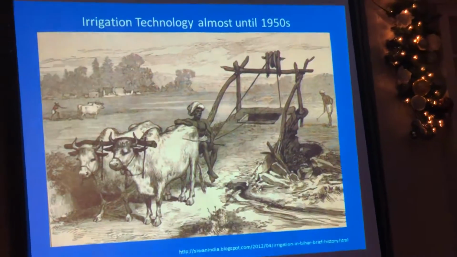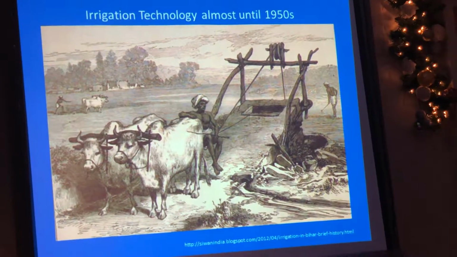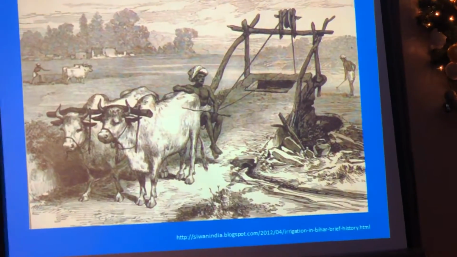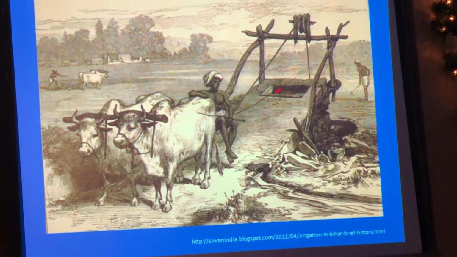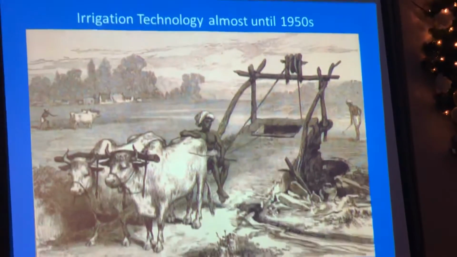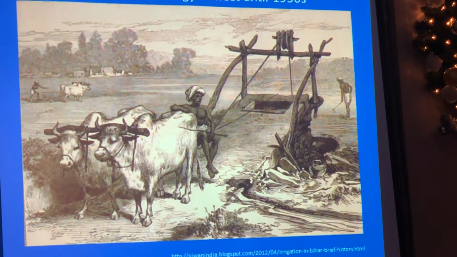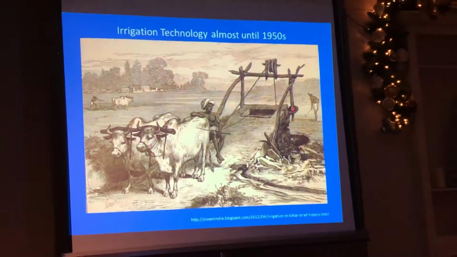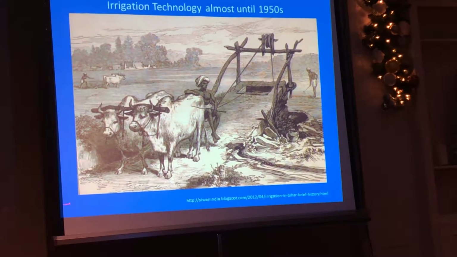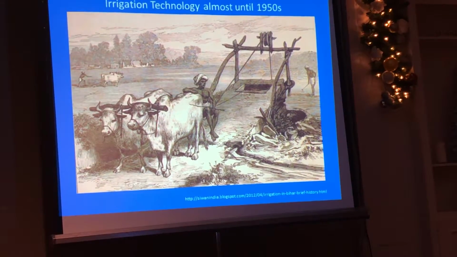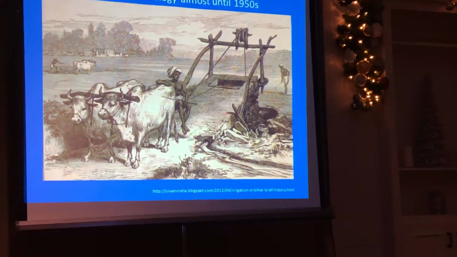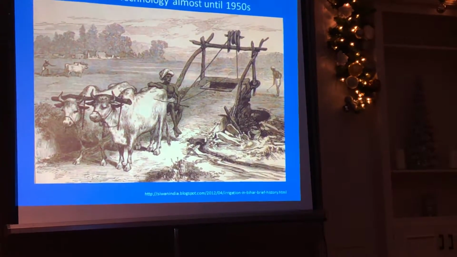So this is the way, and I still remember in my mother's village, my uncle, they had a device like this. It's a little ramp, here is a little well. You have a big tub of water, I don't know, probably takes about 50 gallons at a time. And you pull it up, it was a lot of fun. And you watch it, and then the bullocks go down, and then they go around, and in the meanwhile, the tub goes down and you build it up, and you watch it, and it was kind of fun. However, it's not very efficient.